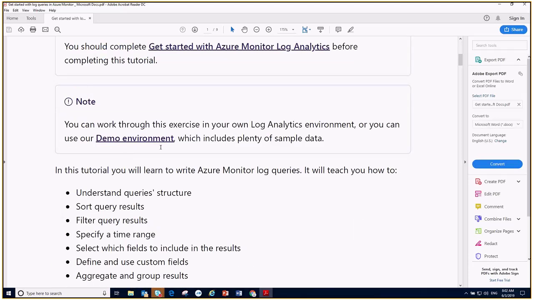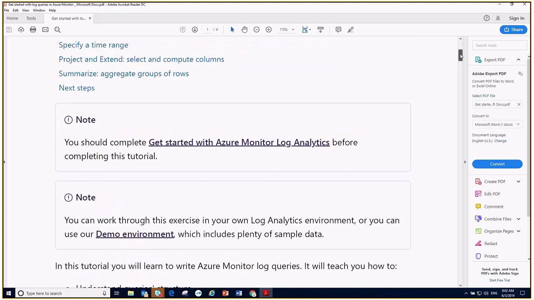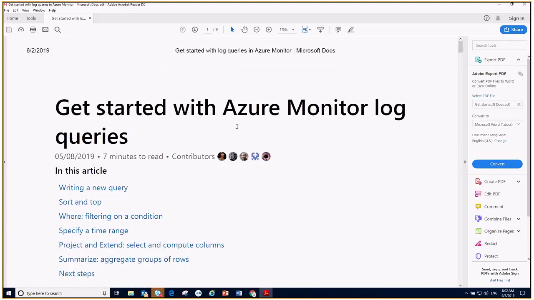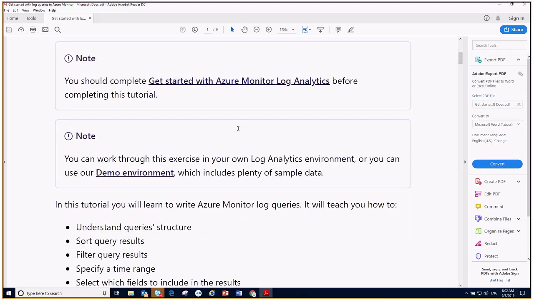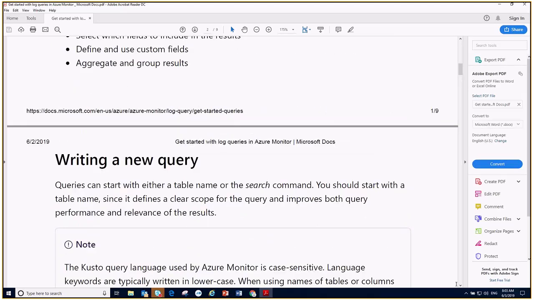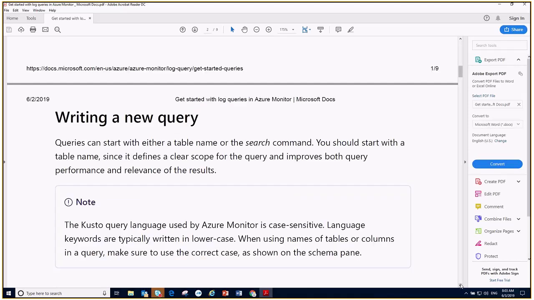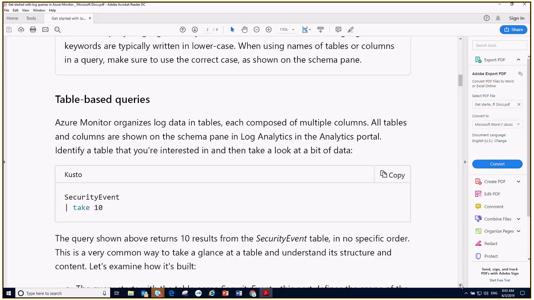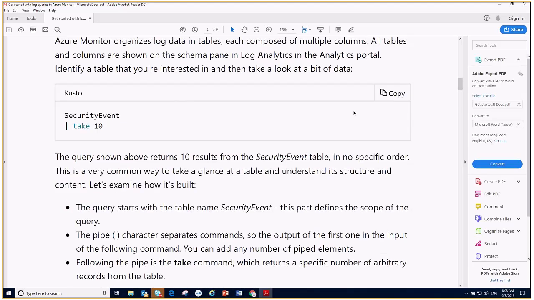The demo environment is the same. So again, make sure that everybody has this Get started with Azure Monitor Log Queries open. Yes, we're all good. If we have that open, let's go ahead and play in here in the demo environment. We're going to write a new query. I want you to get familiar with the custom query language. So if you're already in the environment,